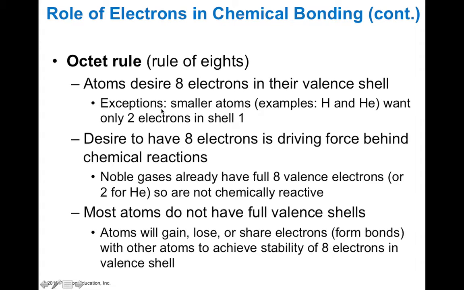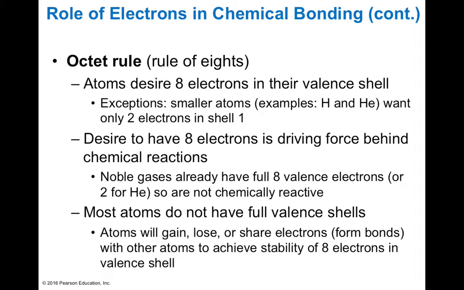There are some exceptions to this rule, though. Smaller atoms like hydrogen and helium only prefer 2 electrons in their shell. Now, most, though, desire 8 electrons, and this is the driving force behind a lot of chemical reactions. So if an atom already has its full 8 electrons, then it isn't going to be very chemically reactive. They don't need to take other electrons. They're happy. They've got all 8 electrons in their valence shell, so they don't need to try to steal